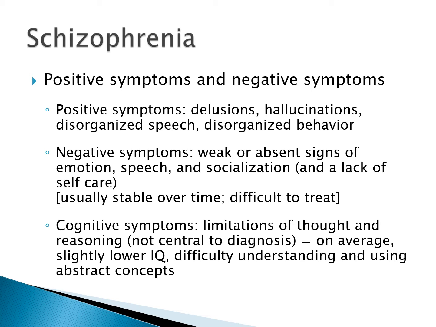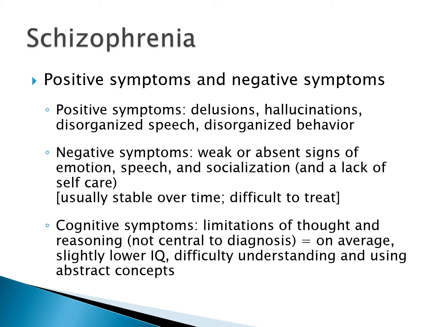But anyway, so sometimes we see absent or a lot less speech, and then oftentimes they have worse socialization. One of the things that we're going to see can help people with schizophrenia is just social skills training. And part of this is a lack of self-care. So they have a lack of really understanding of other people and how to socialize well, but they also have a lack of self-care, which can already have people in society have a lot of stigma against them just because they might not look clean, well-shaven, and like they're taking care of themselves very well. Usually, the negative symptoms are very stable over time, and the negative symptoms are difficult to treat. So we'll talk about treatments, but most of the treatments are really for the positive symptoms.